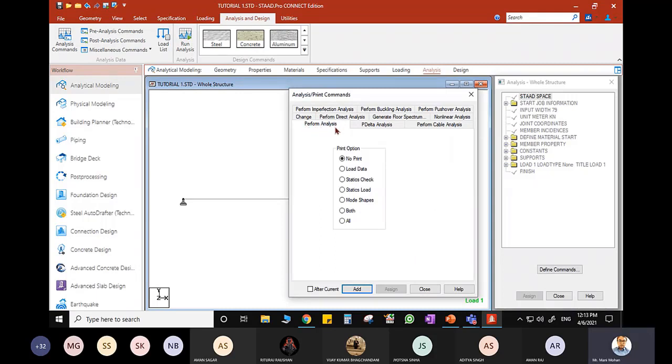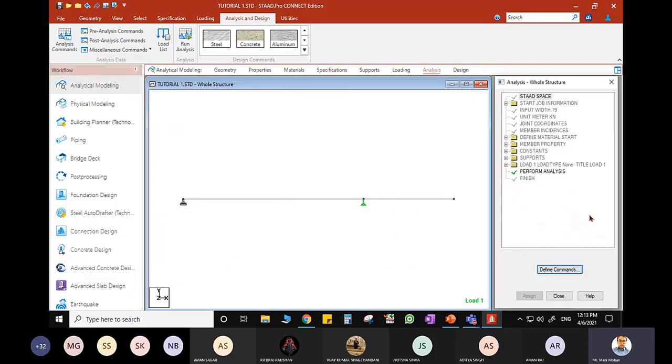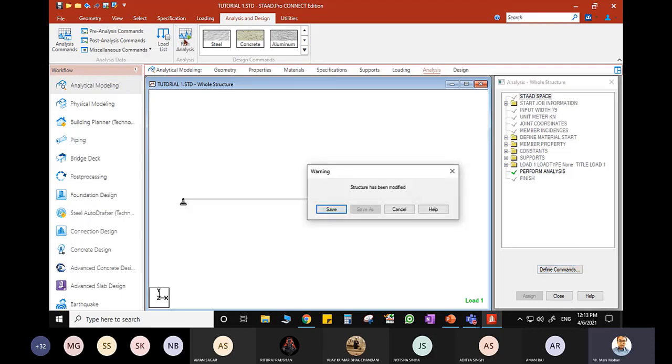I am going to do the perform analysis by clicking print option with no print and click add. Next, close this. Now we are ready to run the program. To run the program under analysis and design, you can see this is the icon, run analysis. Click run analysis.